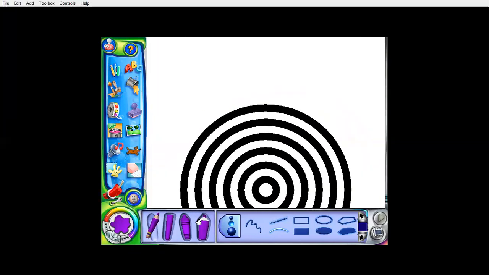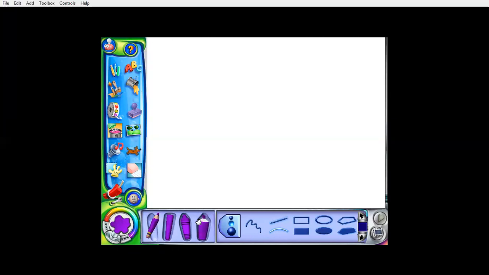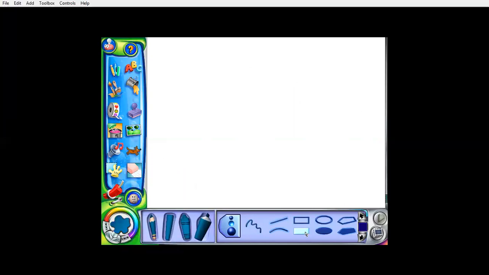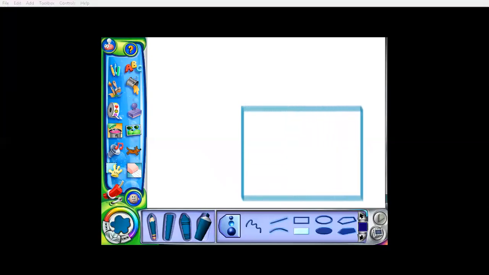Let us make a hut. How to make a hut? Let us choose the color. Let us take blue color. Take a rectangle shape, fill with rectangle shape. Okay, and then see, I am making a rectangle with the help of the highlighter right now. Now the color is being filled.